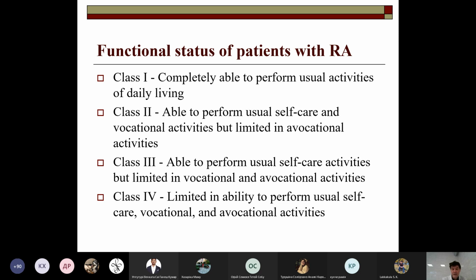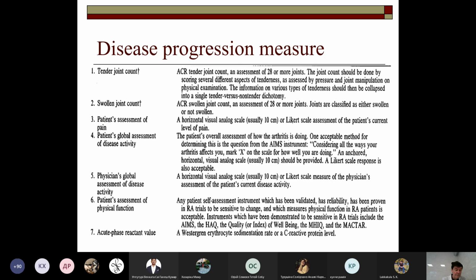Patients having class 4 are considered to be disabled, okay? So on the next slide we have